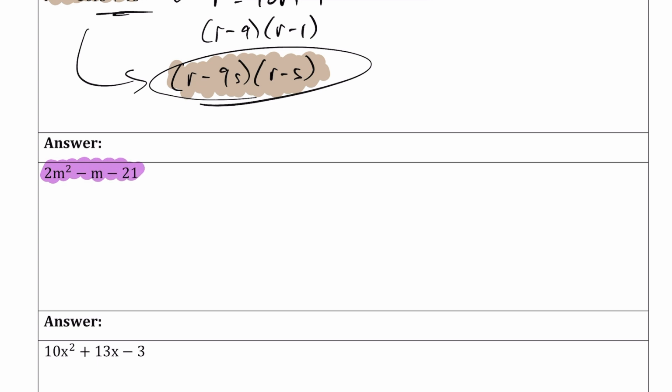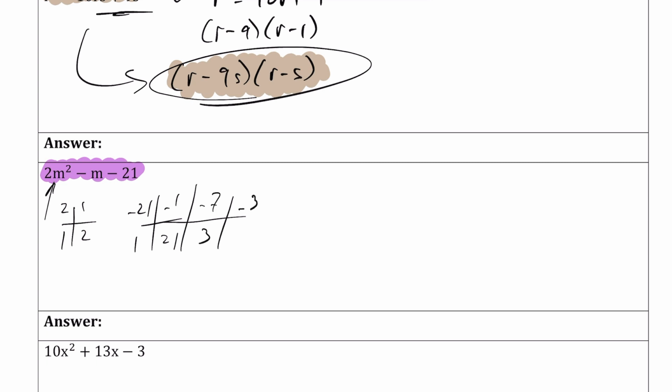I know this is a complex trinomial because that leading coefficient is not a 1, and unlike the previous examples, I cannot factor that out. So we have to go ahead and do our charting here. So all the factors of 2 and the flips, and I'll go ahead and do all the factors of negative 21. And I want this combination to be such that I end up getting a negative 1 out of this. And as you go through these combinations here, you'll find that if I take this column and this column